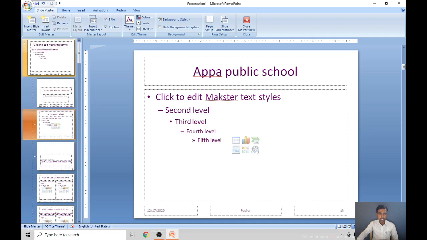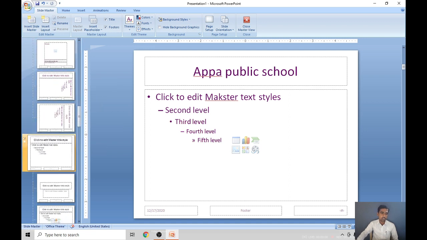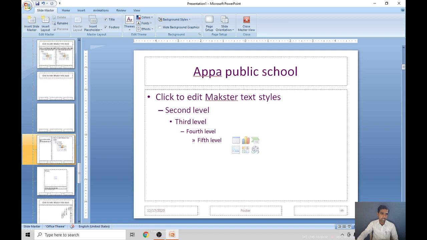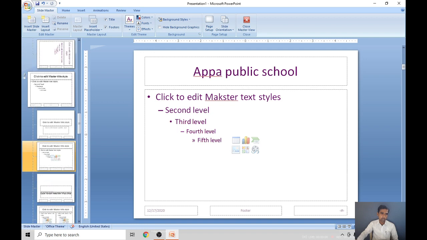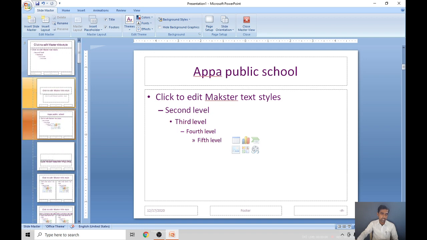This first slide is called the master slide. Whatever changes you make in this slide will apply to all the slides. When you make changes in the master slide, it will be applied to all the slides. Here they are interconnected with one another, right children? Yes, this is how they are interconnected with each other. So this is a master slide.